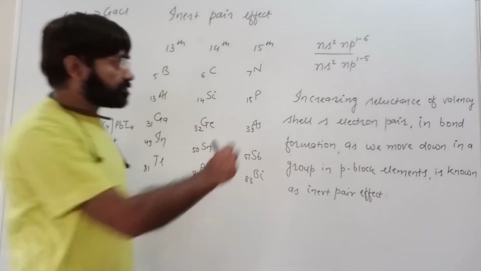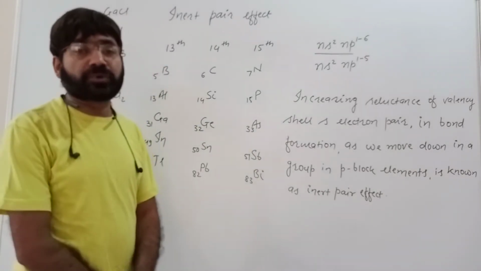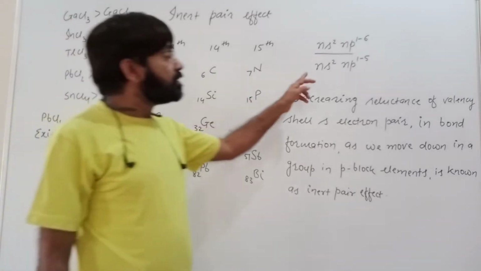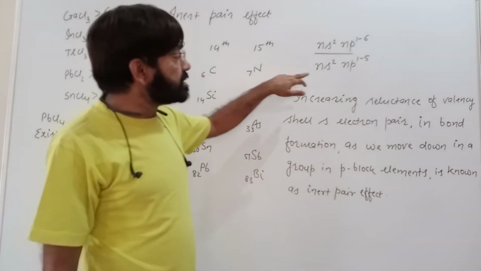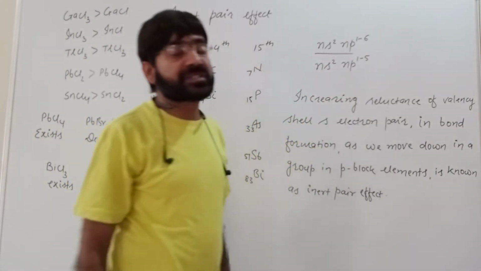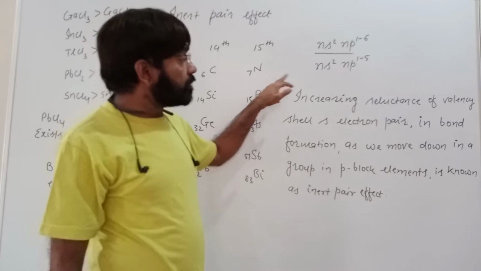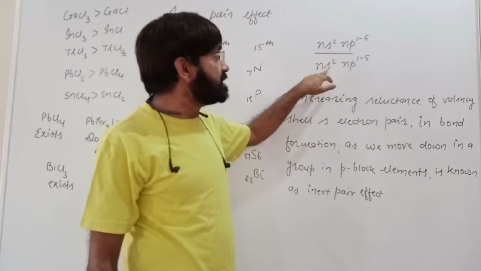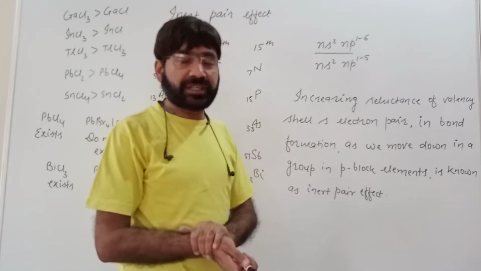Now, what is the meaning of valence shell electrons? We say the outermost electrons which are responsible for valency or bond formation. Valency electrons are meant for bonding. In the valency shell, 2 electrons are present in the s orbital, and up to 5 electrons are present in the p orbitals or the p subshell. So p electrons are utilized in bonding, as well as s electrons, as these belong to the valency shell.